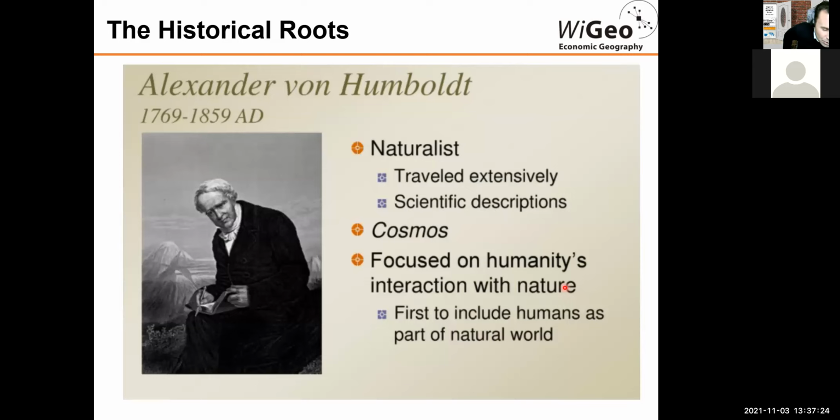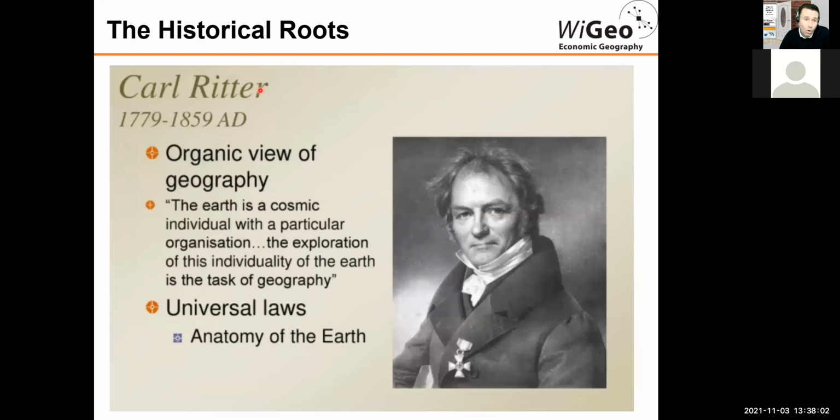What's the beauty of this, in my perspective, is that they both were, and the others that I have here, they were really strong in that positionality. Remember the first slide when I mentioned, okay, if you position yourself as more anti-something, I do not want to go much in that road, or if you position yourself with a social point of view, or a more economicist point of view, Von Humboldt and Karl Ritter were able to position themselves in the way they describe the geography. So Humboldt embraced more focus on humanity, interactions with nature, while Karl Ritter embraced more an organic view